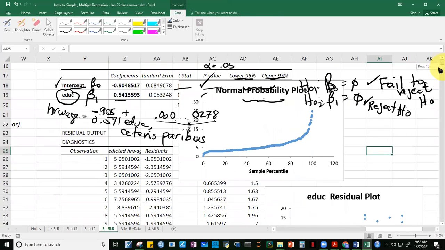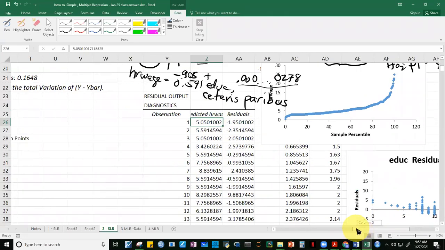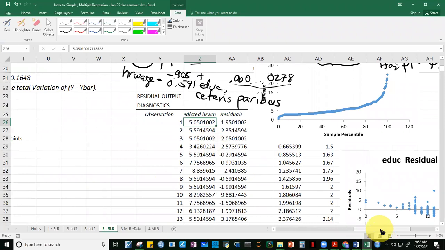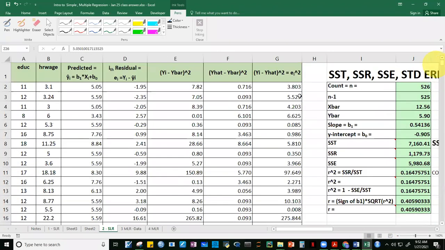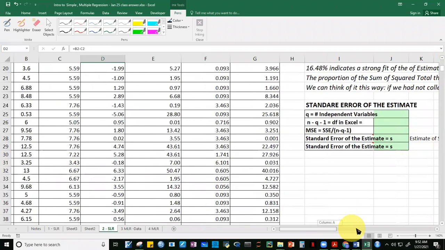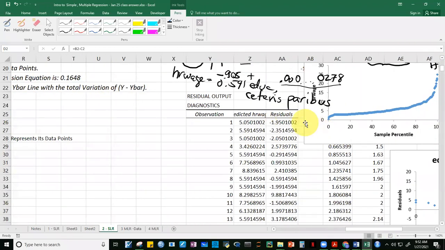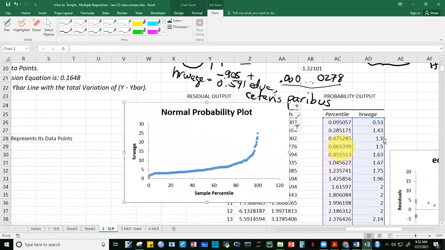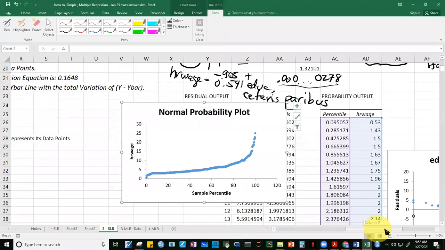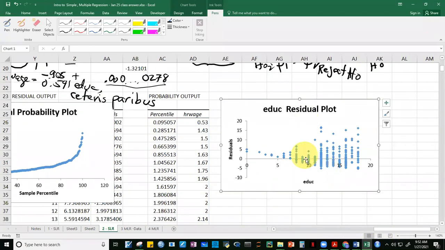Okay? So, let's now go guys to, well, dito guys, andito yung observation. Tapos ito yung predicted hourly wage, which we got here already. Kunyari 5.05 to. Sinog na actually natin yan, di ba? Ito, yung predicted value. Tapos itong residual, negative 1.95. Ibibigay na rin sa atin ni Excel yan. Ito, negative 1.95. Then we have here the standardized residuals. Okay, then here you have the plot of your